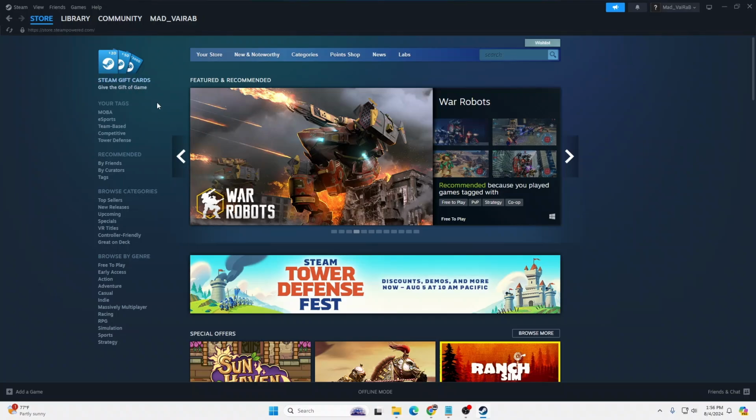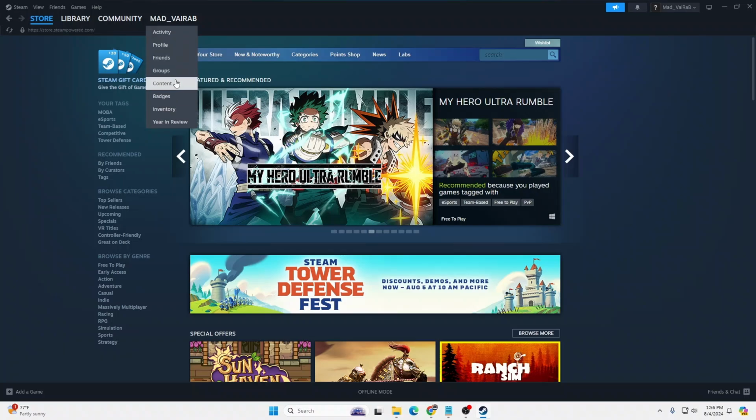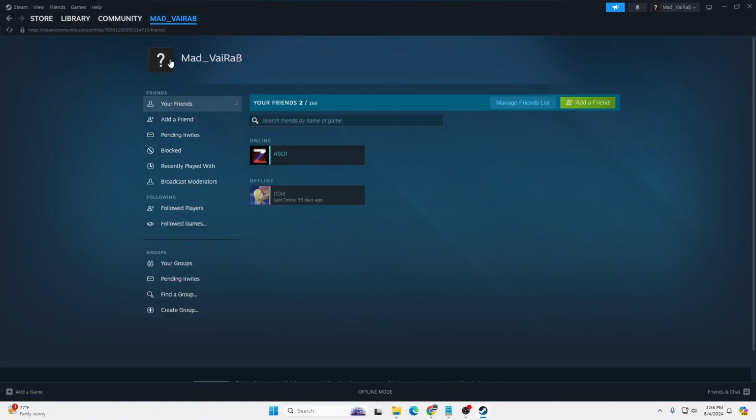And on this interface guys, at the top left corner of the screen, you can see over here is a username available for us just beside the community where I'm hovering. And when you hover over there with your mouse, this kind of menu appears. Click on the friends option available for us over here, and when this panel appears guys,